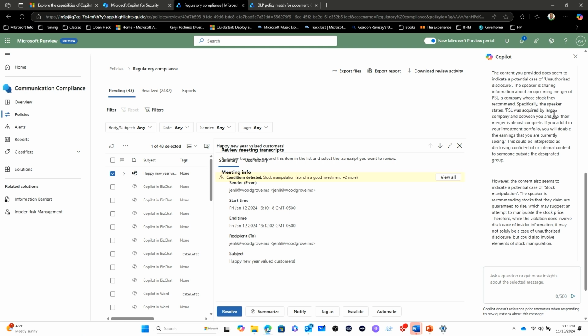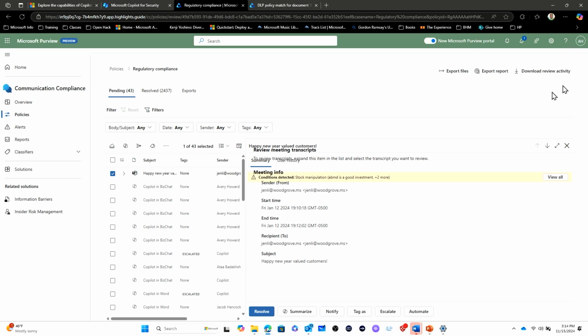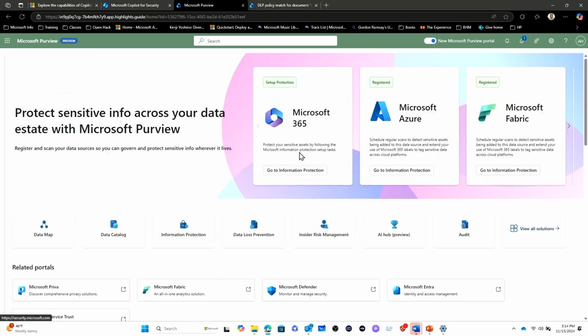How much digging would it take for me to go through this particular message to find out if it matched that criteria? Literally, I can have Copilot do that at the click of a button. Again, how much time does that save me, and how quickly then can I respond to this potential breach of compliance? All right, so if I go back up to the home menu,